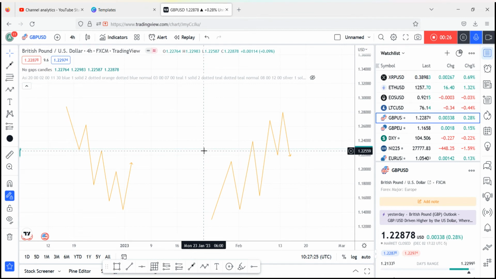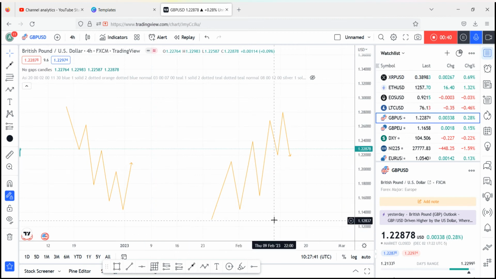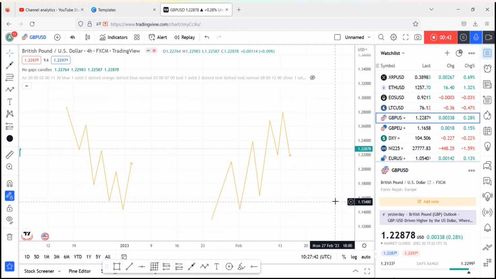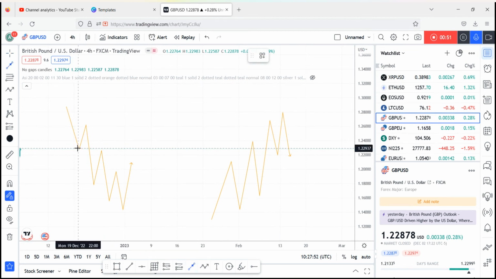Why? Because market needs a fuel to go upside or downside. If there is no liquidity, there is no sense that market will go upside or downside. So today I will explain which order block you should choose and that actually works, and which order block you shouldn't use, right? So from here, price is making lower highs and lower lows, and price made a break